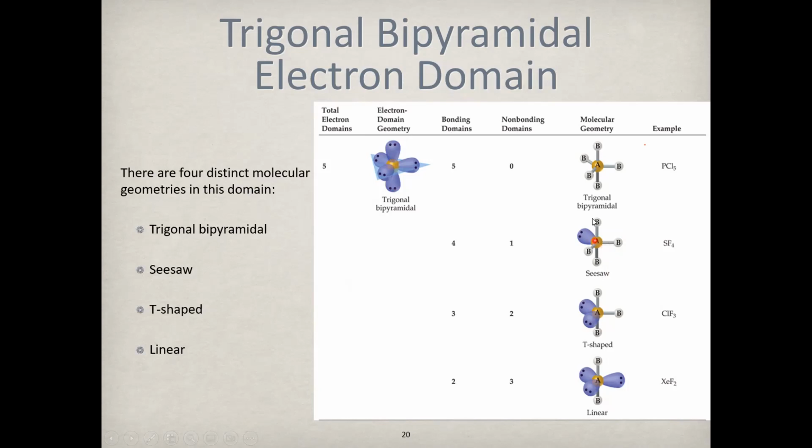And that's why when we go from no lone pairs to a single one, we see what's known as a seesaw shape. It'll be a little bit easier in the lab where we're working with the model kits. But you can essentially tip it back and forth, just like a seesaw, because we have the uneven